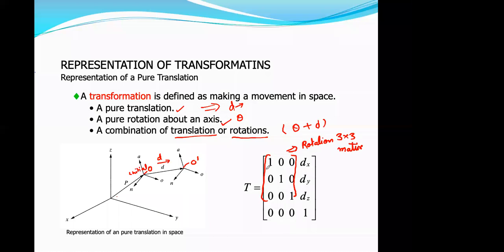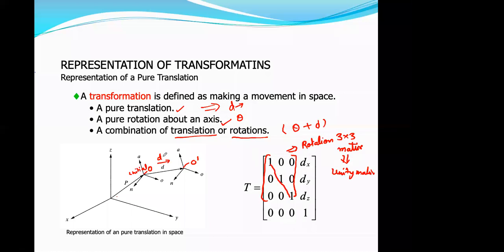Rotation 3x3 matrix. So what is the beauty of that 3x3 matrix? कि इसमें कोई rotations नहीं हो रहा है. There is no rotations at all. तो जब rotations नहीं हो रहा, तो it can be a unity matrix. तो unity matrix क्या होता है? उसका diagonal 1 होता है. So here diagonal is 1.